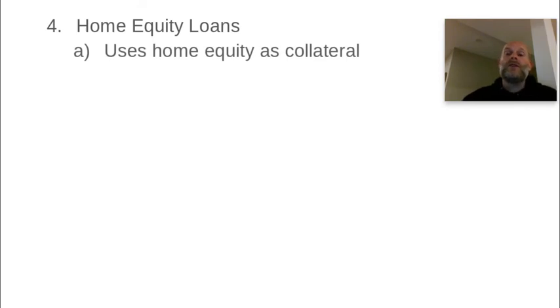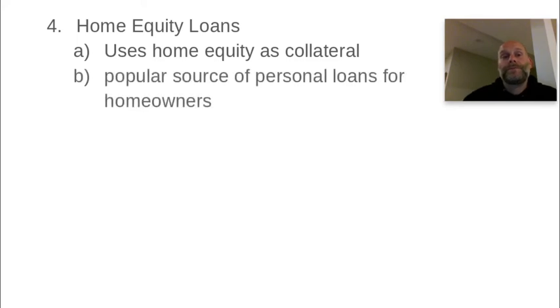So essentially, you can say, well, I owe $300,000 on my house, but it's worth $400,000. I have $100,000 worth of equity in my home. You can actually use that equity as collateral and borrow against it. Home equity loans are very popular in that sense. So a lot of people get personal loans by collateralizing or securing a personal loan using the equity in their home. So hopefully that makes sense. Whatever your home is worth is up here, and what you owe on it is down here. You can borrow against that difference.